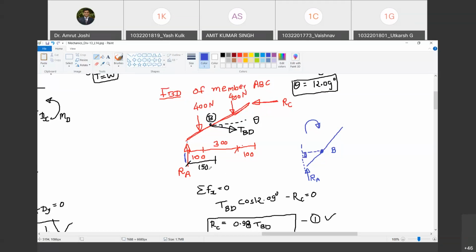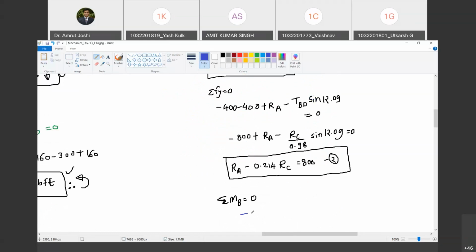It's the same thing. Basically, mine would be more calculated. So you can look at it as taking the component of RA along the length and across the length, and then see this inclined distance. But the way the problem is given, use that data. So we will write it as RA multiplied by 150, but minus. Are you with me? Yes.